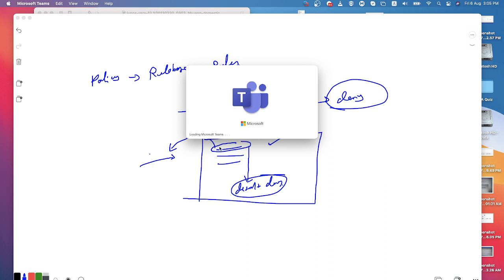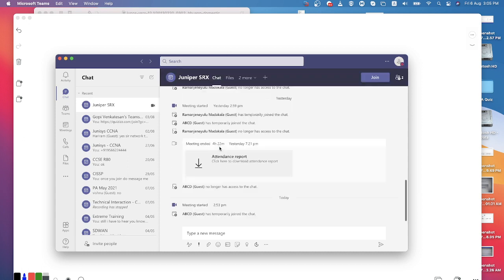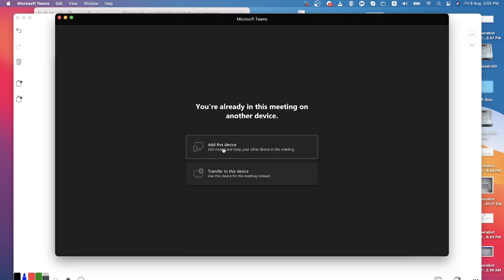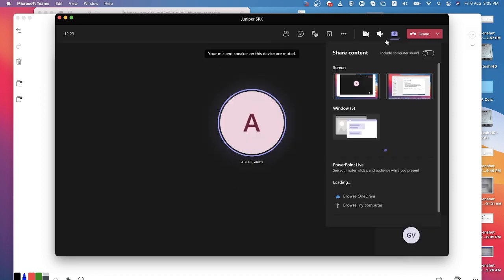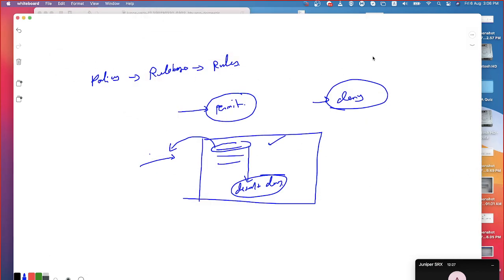It's loading. Teams is loading on my laptop. See, I told you, right? VSX mostly I will get only as corporate training. If not, people used to come as a batch.